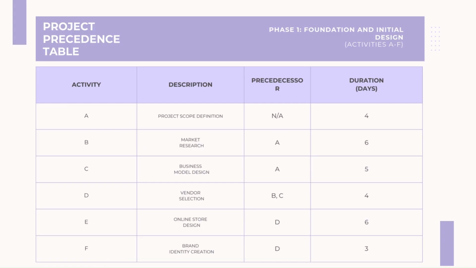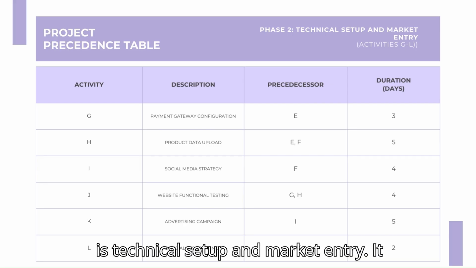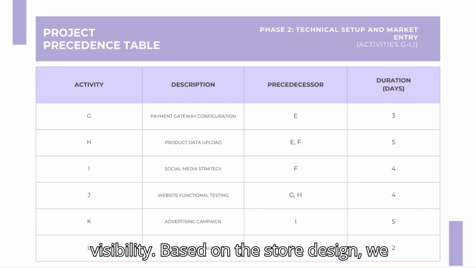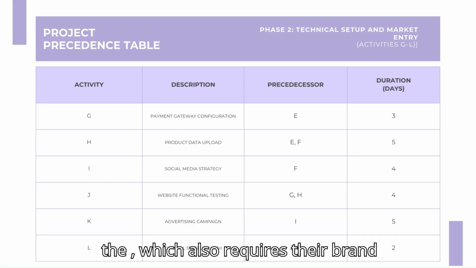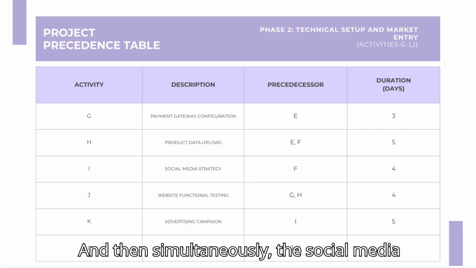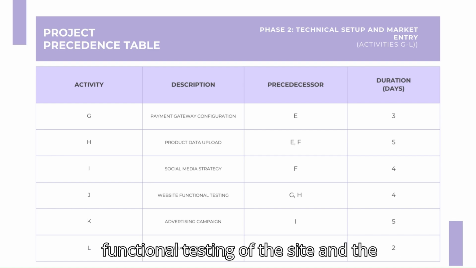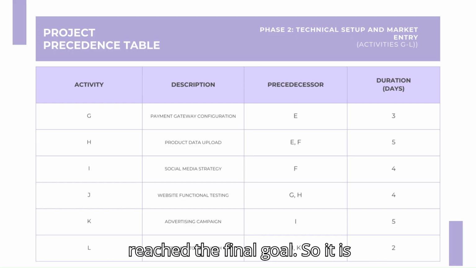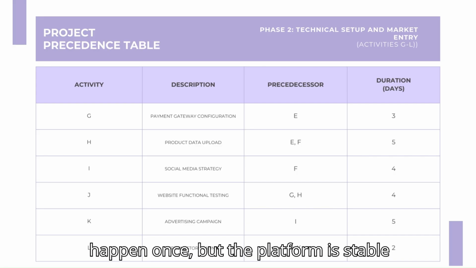of the business. And then phase two: technical setup and market entry, with activities from G to L. The second half focuses on functionality and visibility. Based on the store design, we configure the payment gateway and begin the product catalog, which also requires the brand identity to be finished. Simultaneously, the social media strategy is developed. After exhaustive functional testing of the site and the launch of the advertising campaign, we reach the final goal: the official store launch, which can only happen once the platform is stable and the audience